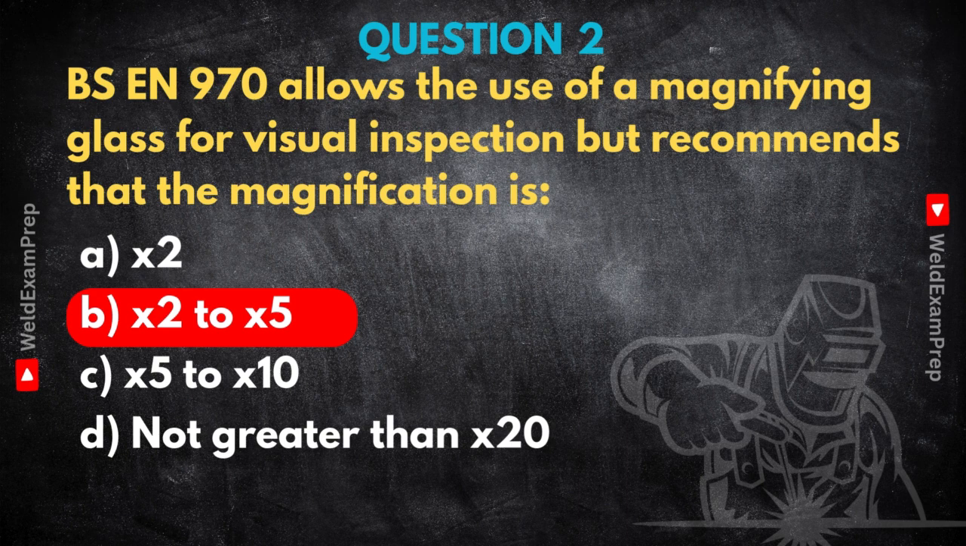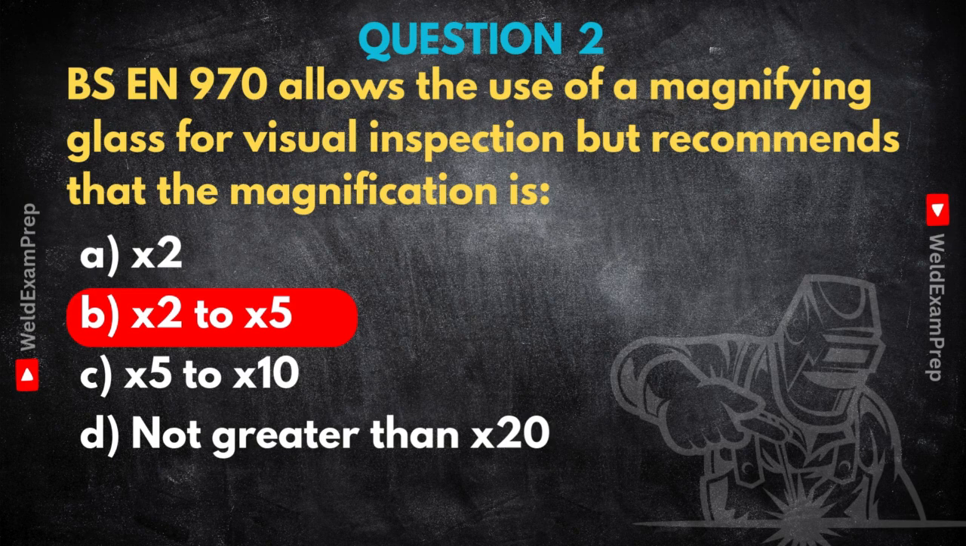Well, it might seem a bit counterintuitive. You'd think tiny flaws need huge magnification. Oh, yeah, kind of. But think about trying to read a map with a super powerful microscope. You'd see amazing detail in one tiny spot, but lose all sense of where you are. We call it magnification tunnel vision, this x2 to x5 range. It's the best balance. It gives you enough detail to spot things like fine cracks or undercut, but crucially, it